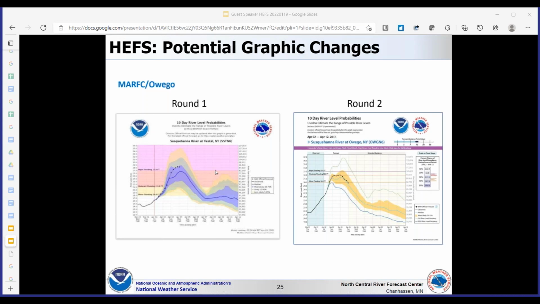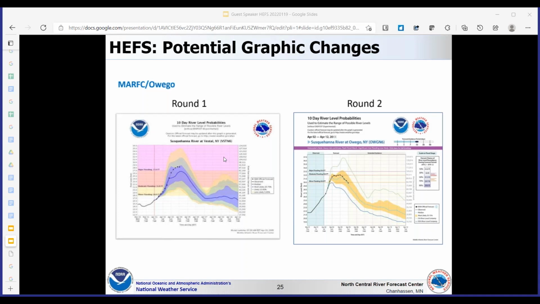I think that Craig may be showing this in some of his slides, but we also supply some other graphics to go along with these hydrographs. We have an accumulated precipitation HEFS graphic.